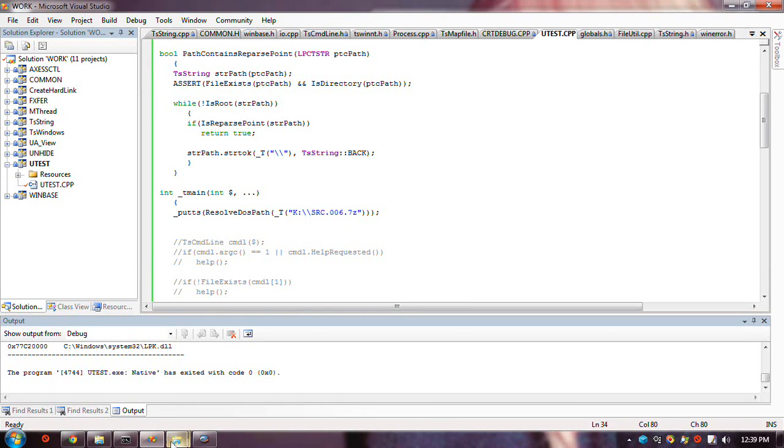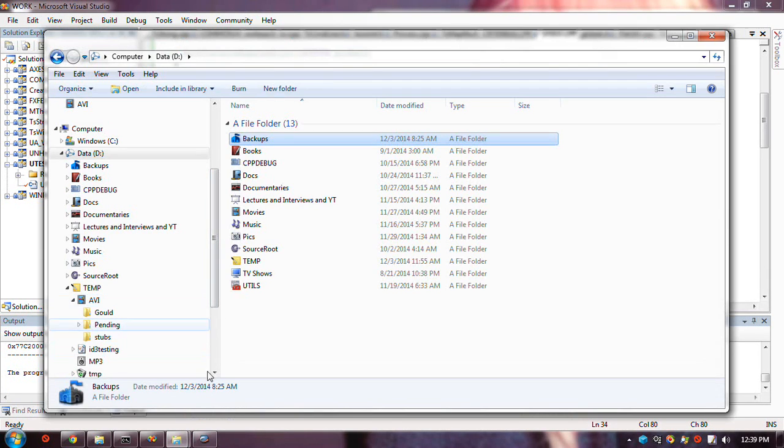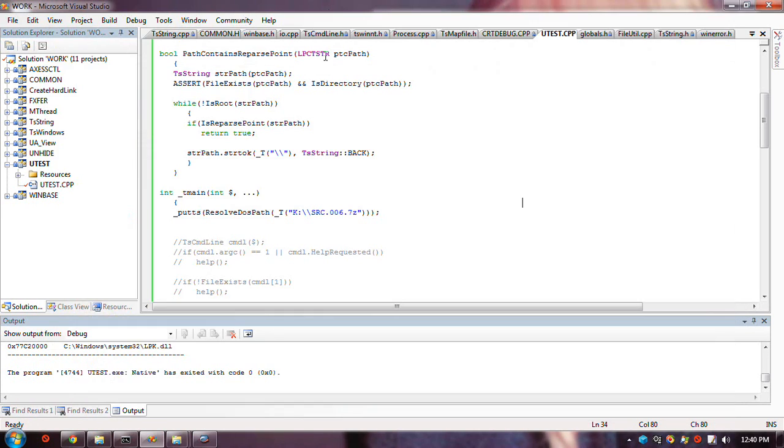Now the create link thing has an issue in that you can't create hard links for files that reside on different volumes. A hard link means the same file, so they have to be on the same volume to be the same file, physical volume, right? Now, the way I've been determining if something is on the same volume is resolving the drive letter. First, getting it down to the path.